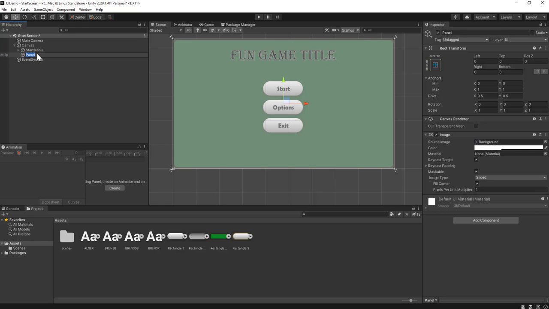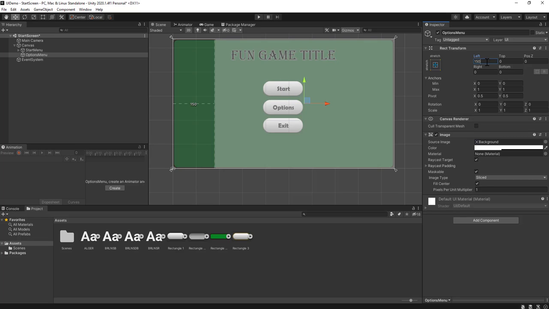This is going to be my options menu. I'm going to name it so it's easy to find. And the options menu, I want it to not actually fill the whole screen. I want to be able to see some of my start screen behind it. So the way that I would do that is I would give it some buffer pixels on the left, right, bottom, and top. So let's try